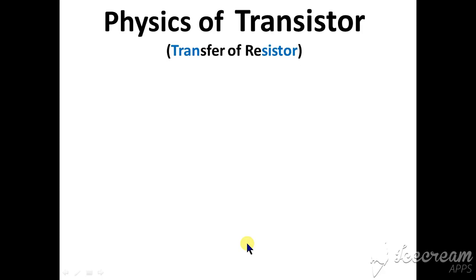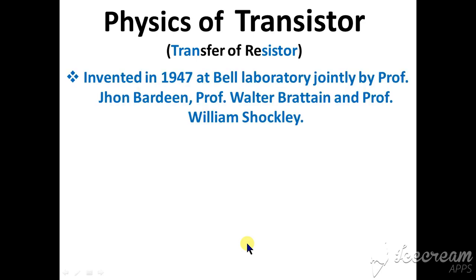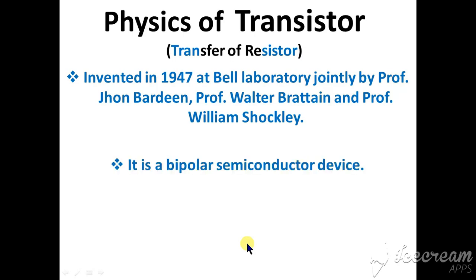Today, I have to discuss the working principle, that is the physics of the transistor. The name transistor arises from the action of transfer of resistor in this new semiconductor device after the discovery and establishment of PN junction semiconductor diodes. It was invented in 1947 at Bell Laboratory jointly by Professor John Bardeen, Professor Walter Brattain, and Professor William